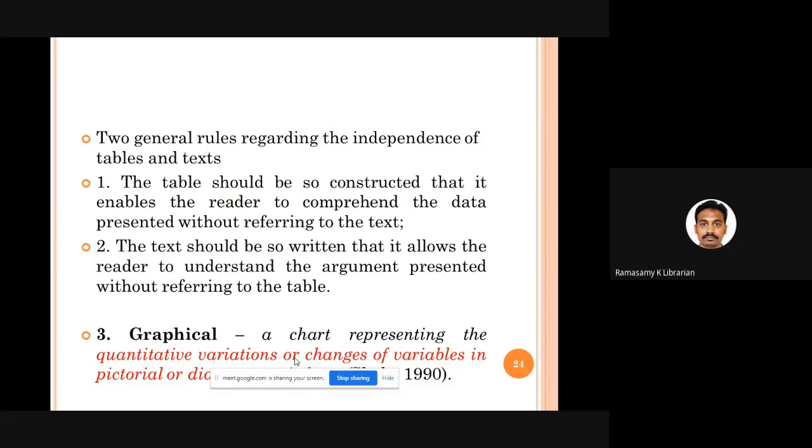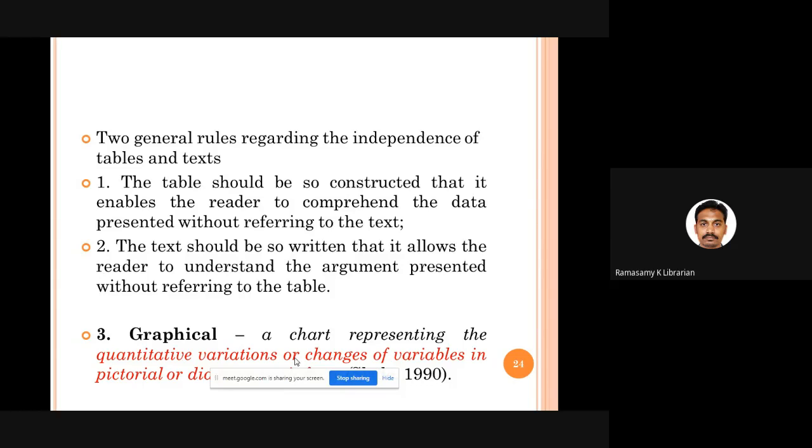Please understand there should always be independence of tables from text. Normally in the Indian context, what we do is we put one table and then we write the text. That is a normal way of presenting data in Indian culture. But what you have to understand is that both should be independent of each other. If somebody is seeing your table, they should be able to understand exactly what you are trying to display in the table.